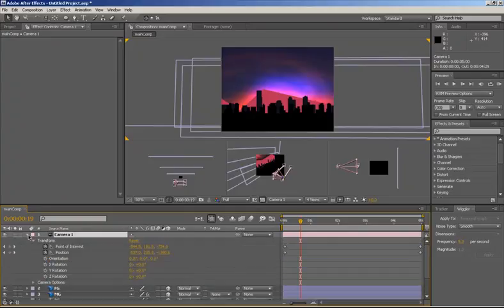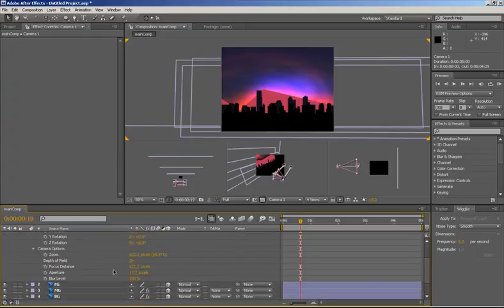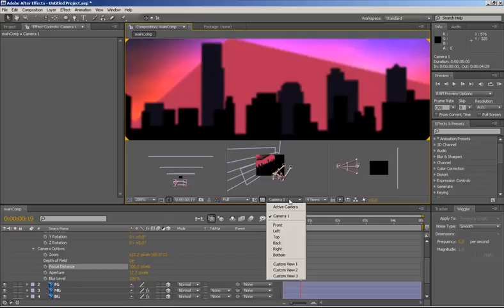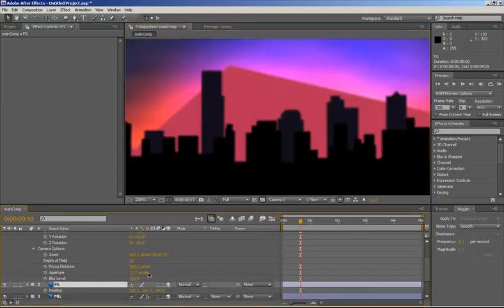So here in the camera, if you look at the camera options, you have your depth of field on, and you can change the focus distance to that number, or actually I can put it on the foreground. Makes maybe more sense. So what you can see here, I'm going to just go back to one view, is select the foreground, look at the position of that, 640, so let's try 1000,